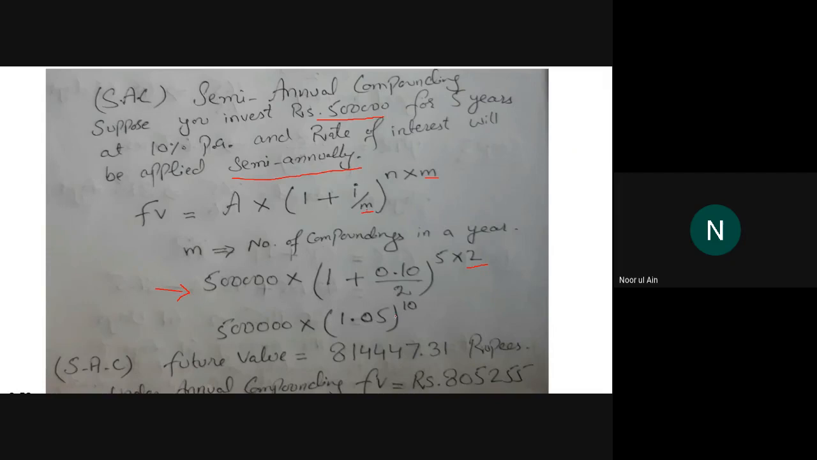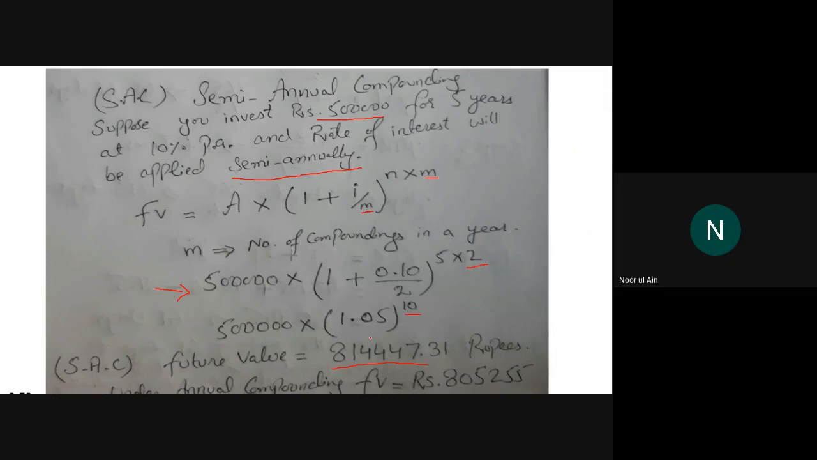That will become 10 now because your rate is applied 10 times in 5 years. Fine. So calculating it through your calculators, you will get the final answer of 8 lakh something. It's 8,14,447.31. You have to retain your answer to two decimal places. I've already told you this in class as well. So your future value will be